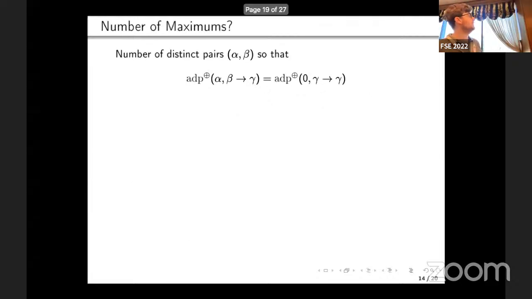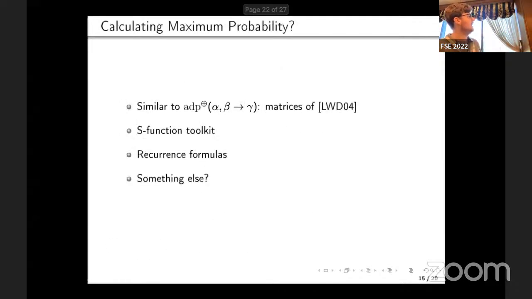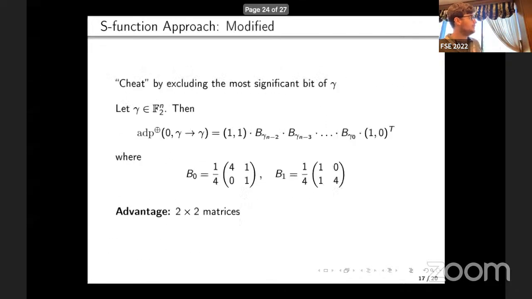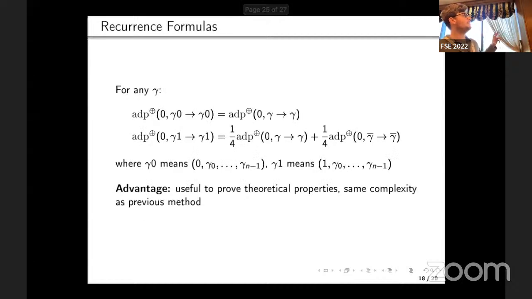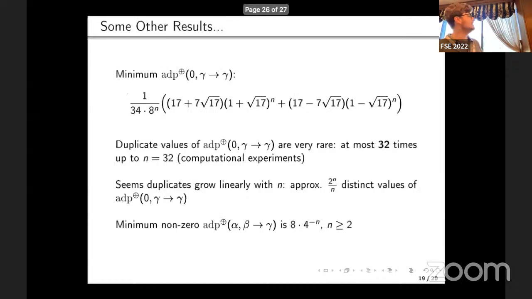There are some symmetries that you need, because you might want to look at not just what is the maximum, does this theorem hold, but what are the specific values of gamma that maximizes it? You might look at how to compute these types of probabilities, and there are some strategies here that can be